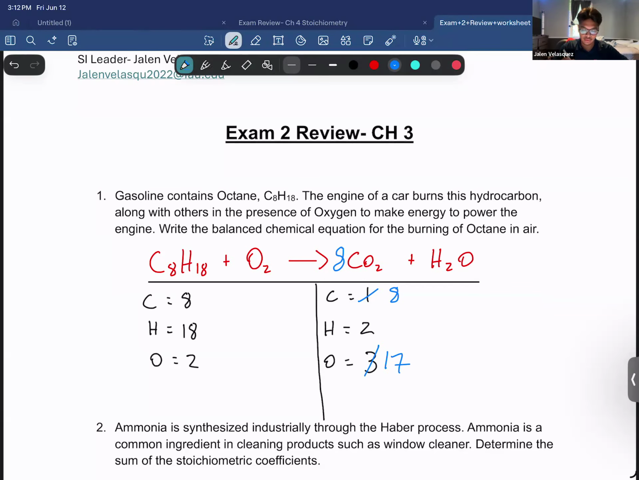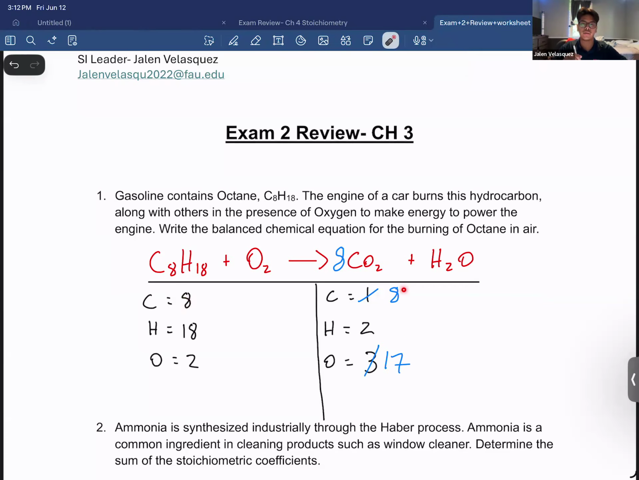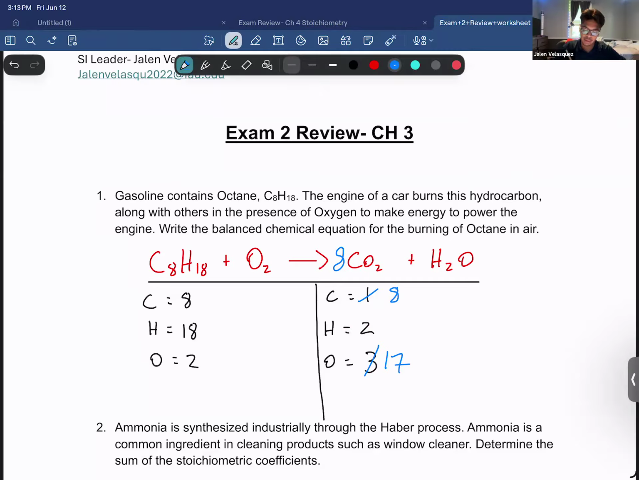Okay, now the carbons are equal, 8 and 8, that's good, but the H's and O's are not. So now let's deal with the hydrogen. I have 18 on the left side and I have 2 on the right side. What number could I multiply by 2 to get that to 18? I can use 9, right? Because 9 times 2 is 18. So if I put a coefficient of 9 in front of the water, that changes my H to 18,